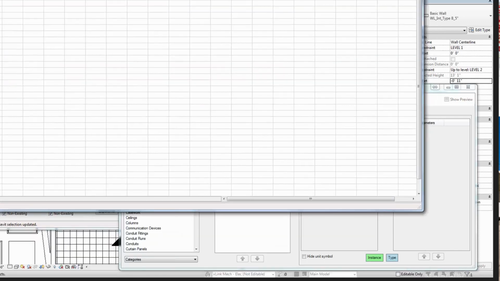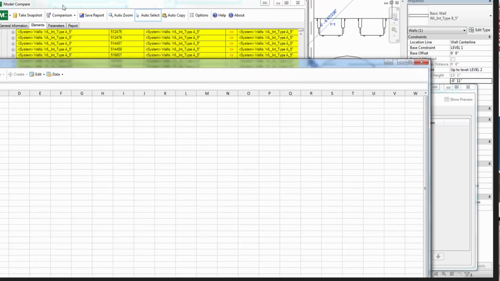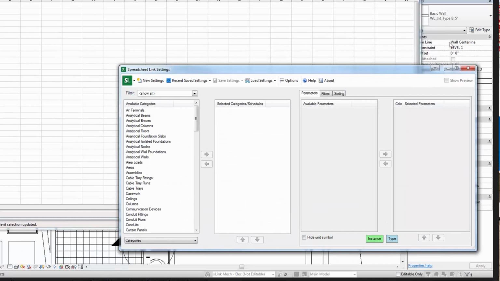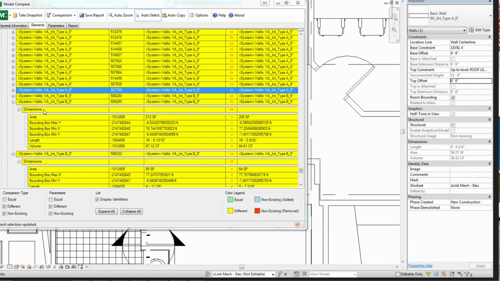However, when Spreadsheet Link opens, it doesn't have the ability for me to go back here and grab the Model Compare window. In fact, you might be able to hear in the background as I'm clicking on this, my computer's dinging at me because I can't go grab that background window. Spreadsheet Link is not what's called modeless, meaning I can't grab stuff out here in the background. I'd have to save my settings, so I can go in here and make some changes, save my settings, maybe to my project, for example, shut down Spreadsheet Link, go to my next area of my comparison here and make